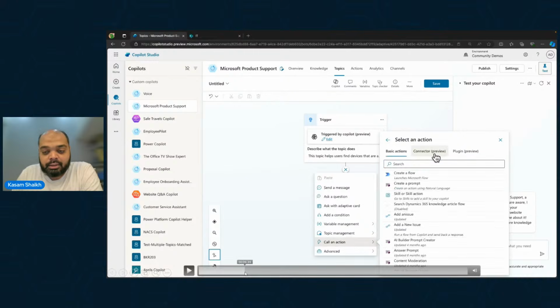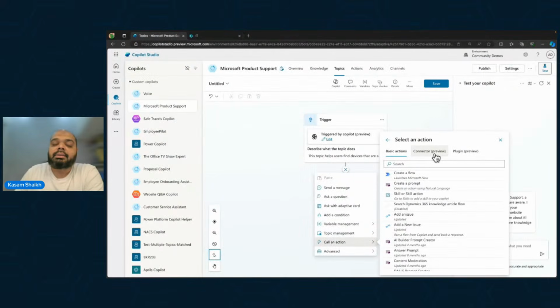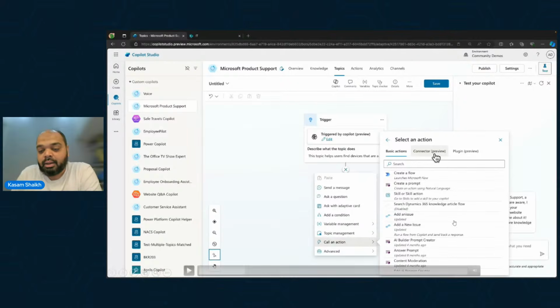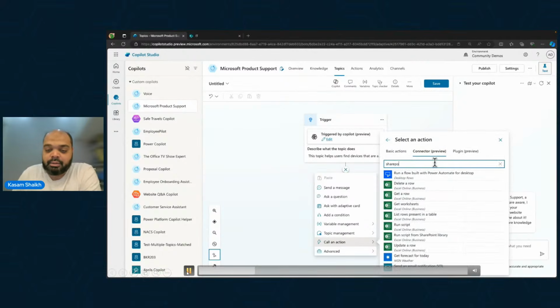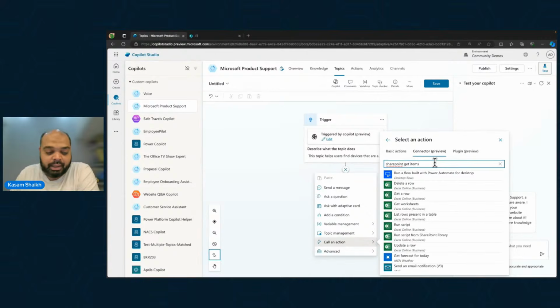Yes, so if you see this connector, it has a create a flow option where you can call out your Power Automate, get the things done, and get the response as part of the response for this particular topic. You can create a prompt that is based on AI Builder skills, about Azure Bot Framework, which I just mentioned, and so on. So now we will go to that connector,